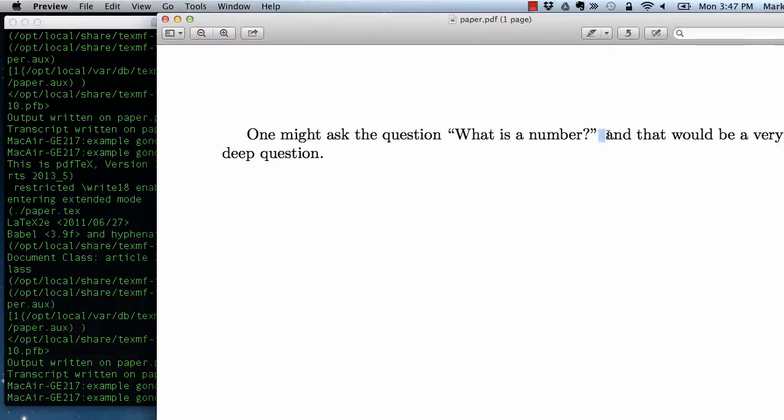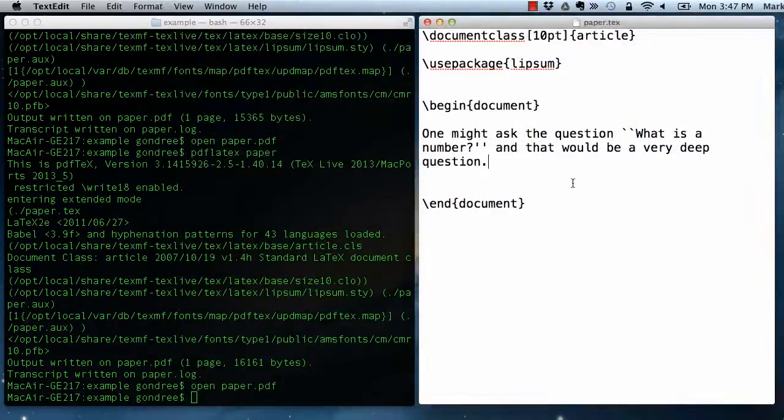And the amount of white space it has inserted is slightly larger than the white space it is inserting between words. This is its behavior, that by default, if it sees a piece of punctuation, like an exclamation mark or a question mark or a period, that it believes that that's the end of a sentence. And so it puts white space in that looks like the white space that's appropriate for the end of a sentence. This comes up a lot in